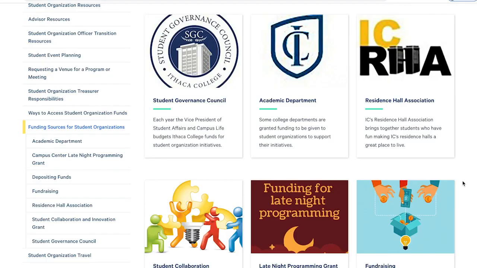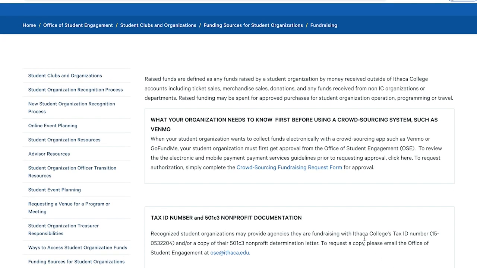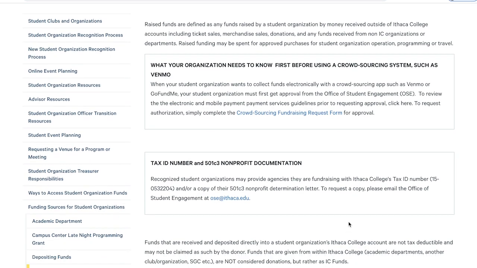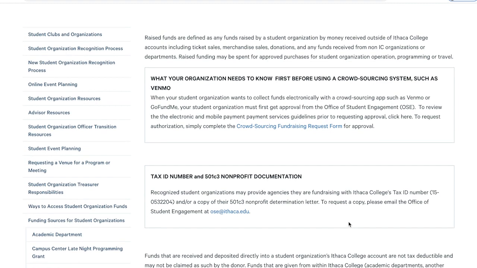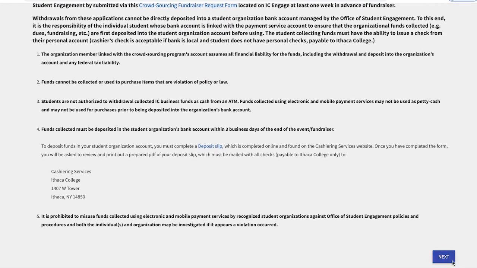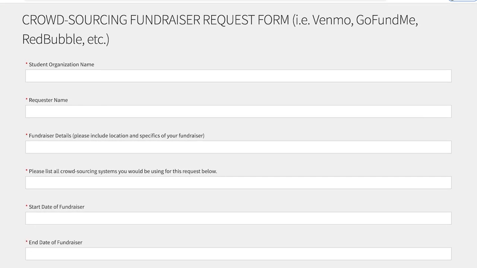Student organizations can raise their own funds through selling merchandise, tickets to events, or getting donations. If your organization wants to use a crowdsourcing platform or collect funds electronically, you must first get approval from OC. To request authorization, submit the crowdsourcing fundraising request form on Engage. Any funds collected and unspent at the end of the academic year will roll over into the next year from